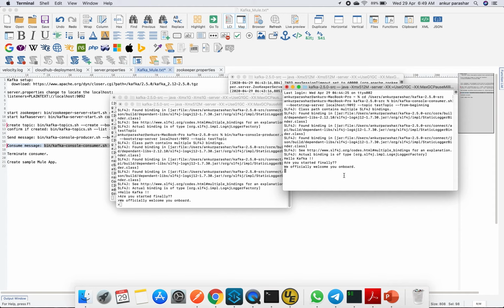In this way I have shown you how the messages are propagated from the Kafka producer to the Kafka consumer. We will be using a similar approach for setting up a sample Mule 4 app using the Anypoint Studio,